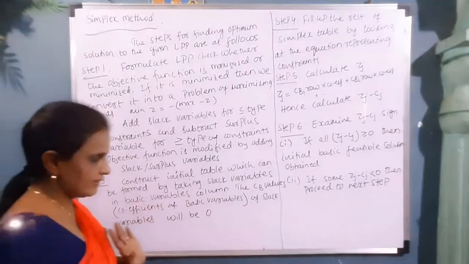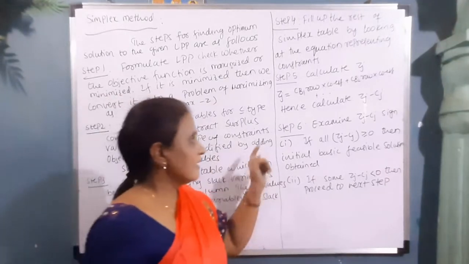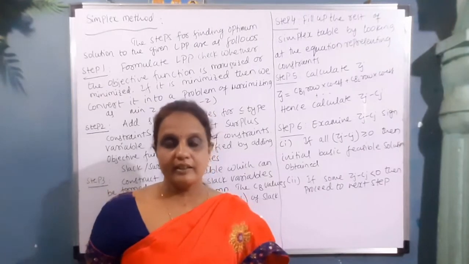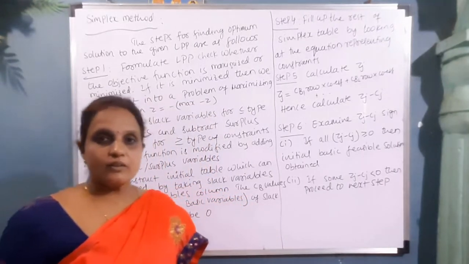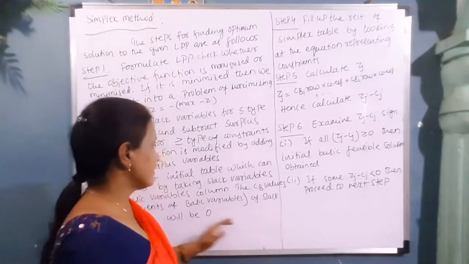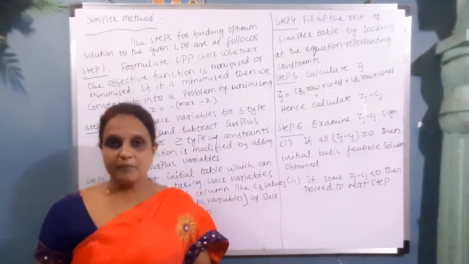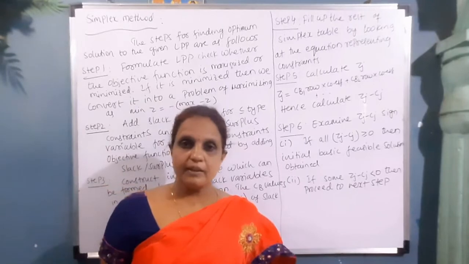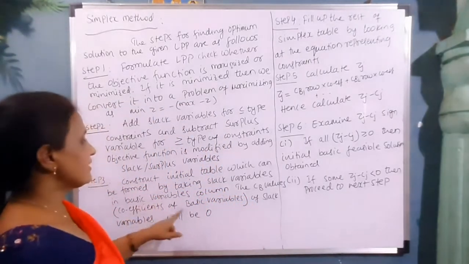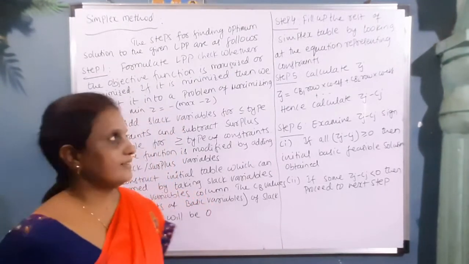in basic variables. So generally, the initial simplex table contains CB first. CB is nothing but a coefficient, or we can say cost coefficient. Then next we are having basic variables. So generally, the first time when we are solving the problem, slack variables or surplus variables are taken as basic variables, and their coefficients are taken as 0 because their coefficient in the objective function is 0.